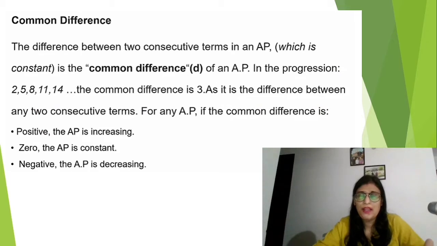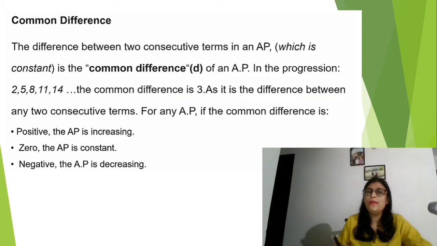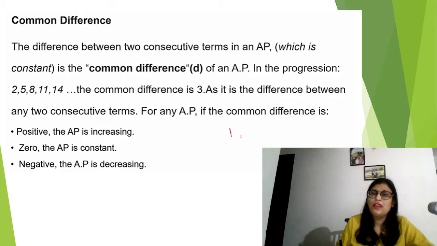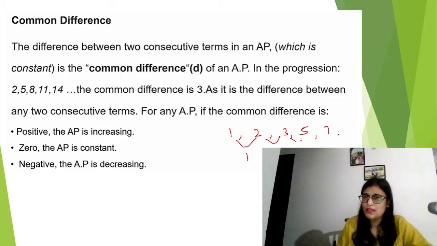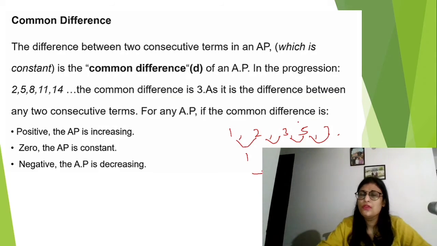As I discussed earlier, common difference means, suppose I have a series, okay, 1, 3, 5, and 7. Let me take a finite series only. I can check there is a gap of 2 between numbers. This is known as the common difference, and it should be constant in the case of an arithmetic series. It cannot be sometimes 1, then 2, then again 1, or any other pattern. So this common difference should be a constant number.